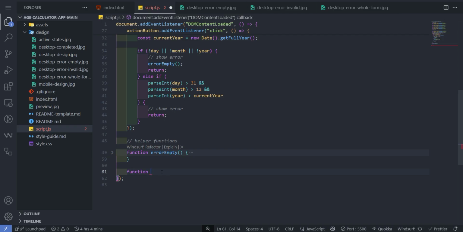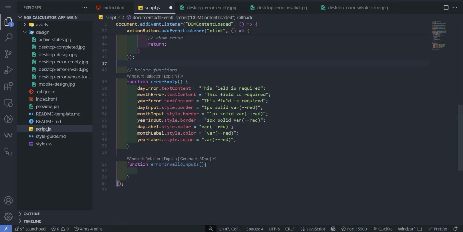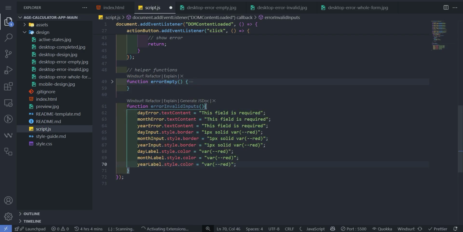So we're going to create a function, and we'll call this function, sorry, we call this error invalid inputs. And then what is error invalid inputs? We are going to do almost the same thing that we did up here, just that we'll change the text content. So what we can do is just copy all these and put it here. But inside this text content, what we do